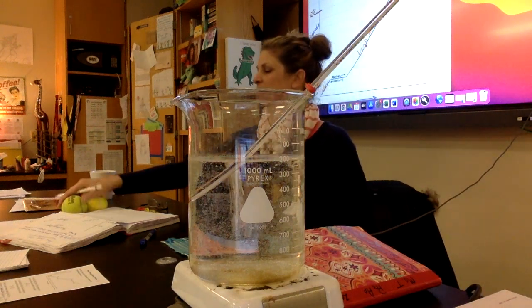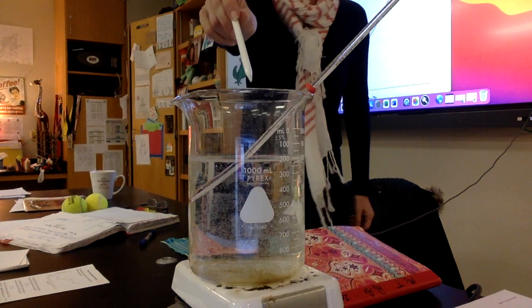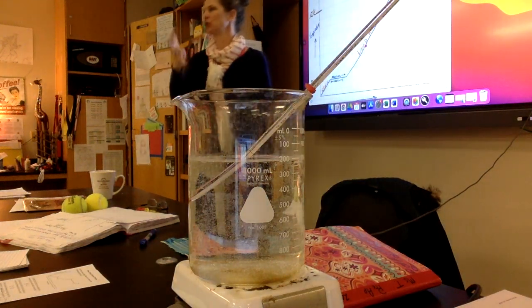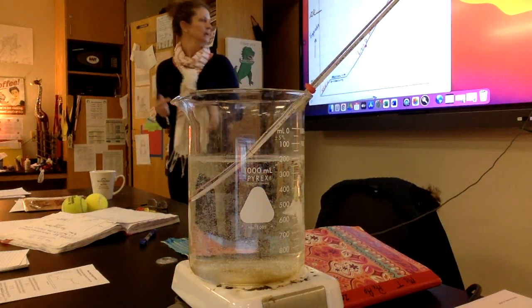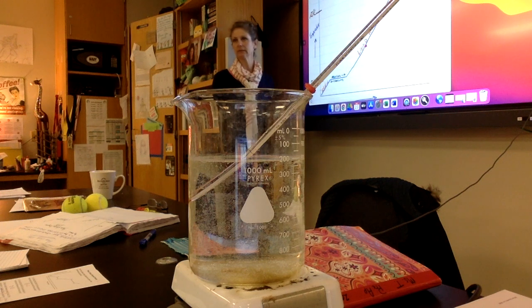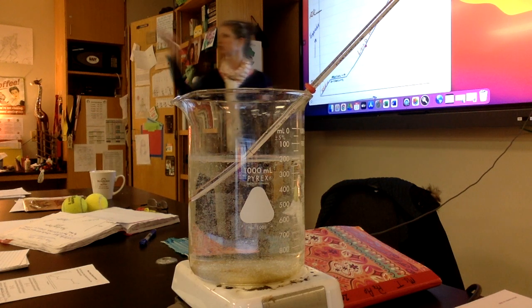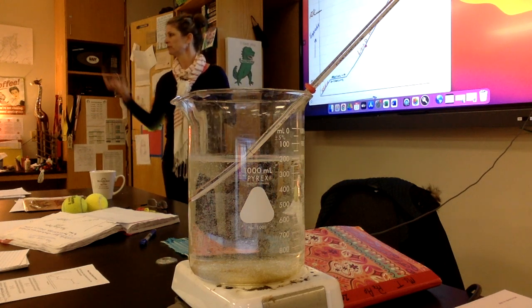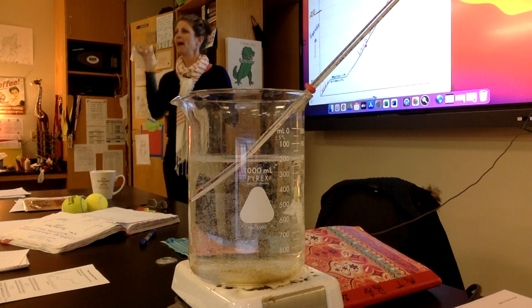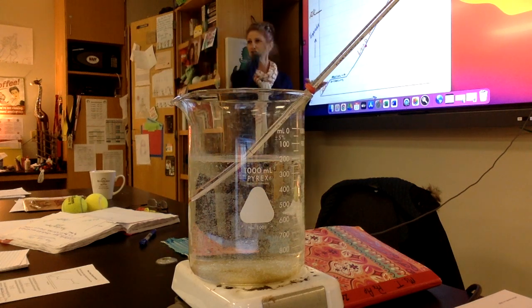the same thing happens with ice. If that were ice in there, let's say I took it out of the deep freeze. I put a thermometer on it. It's at negative 10 degrees. I let it sit on that hot plate. It would get warmer, warmer, warmer. It'd still be ice, no water, until it hit 0. And then you start to see those first water droplets come off of it. When that happens, that temperature is going to stop going up, and it's going to stay at 0 until all